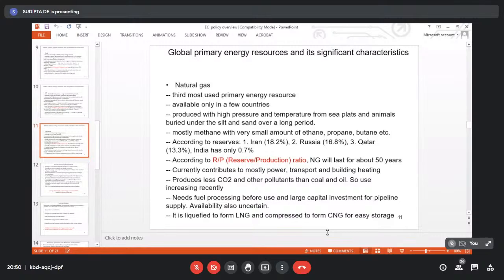But the greatest challenge of importing natural gas from Iran to India, though this has been discussed in many national level meetings, and I was also there in some of them, is that it is very challenging, because the path through which you can bring it passes through Pakistan and Afghanistan. So what is happening? It's not safe anytime, because you cannot enter another country for the security of your pipeline. So anytime it can be exploded, maybe at a very vulnerable point, simply to create problems for the country.